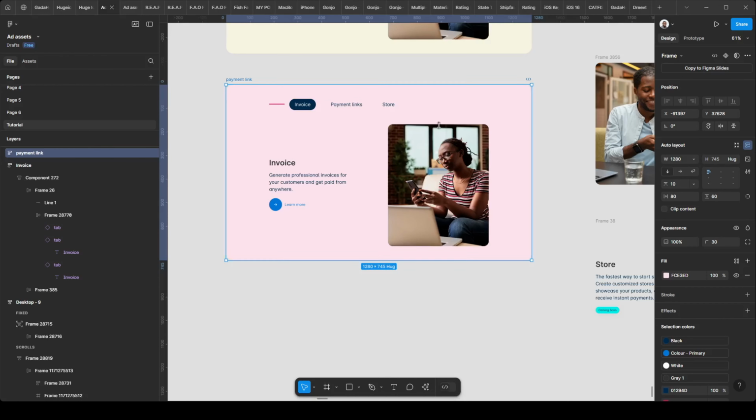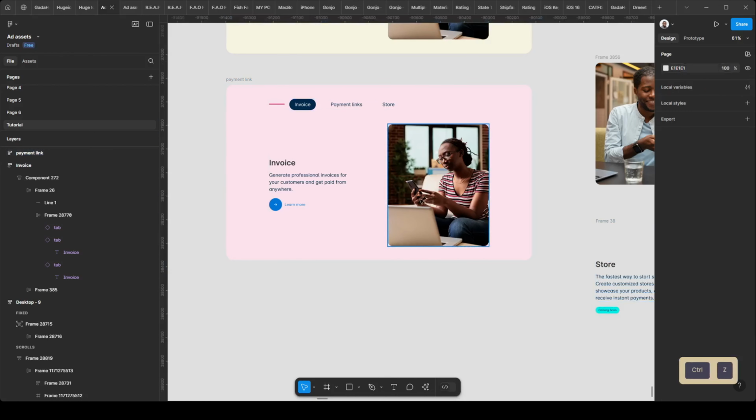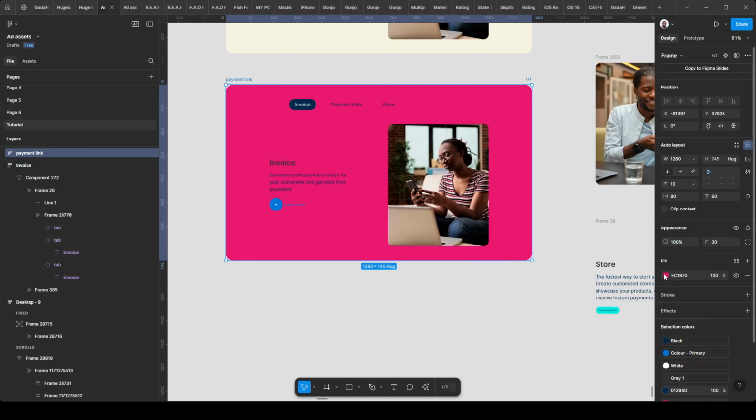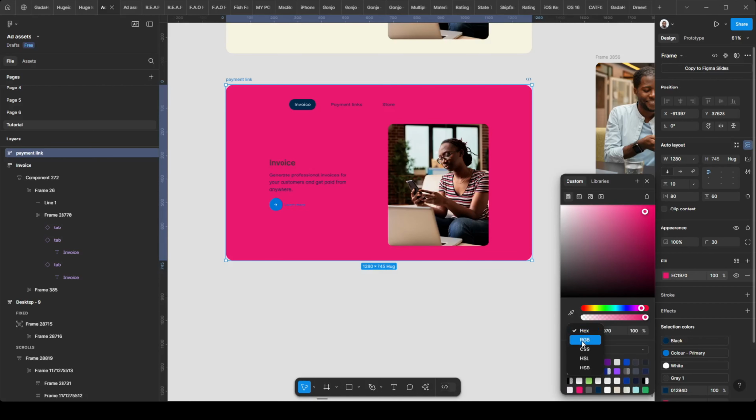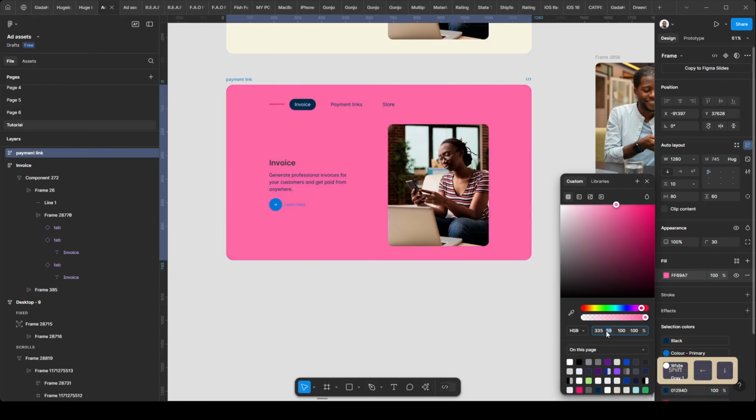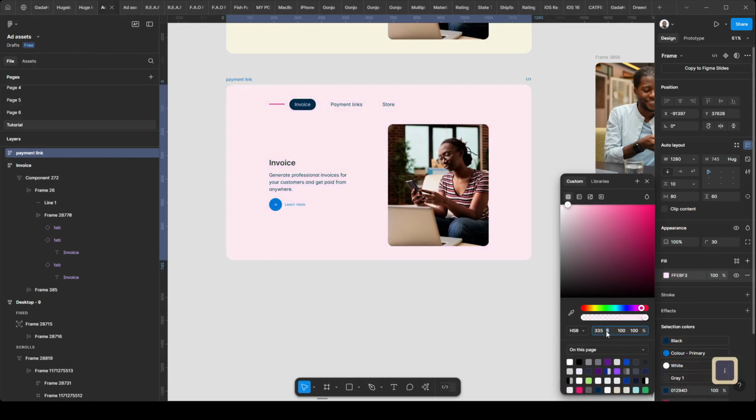Usually, this is the way I used to do it. So let me take it back to the pink. I will switch this from hex code to HSB, that's hue, saturation and brightness. So I'm going to increase the brightness, then I'm going to reduce the saturation. Yes, so something like this